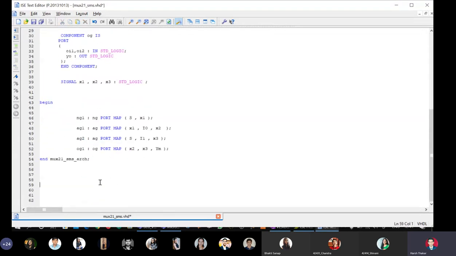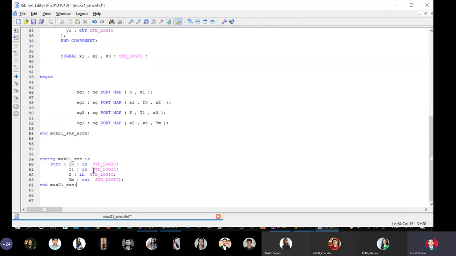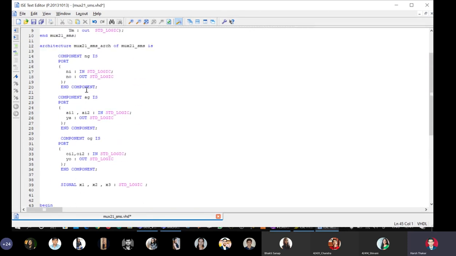So this is my entity declaration for the NOT gate. Entity ng is, and whatever names I have written in the component here. In fact, let me tell you a shortcut.